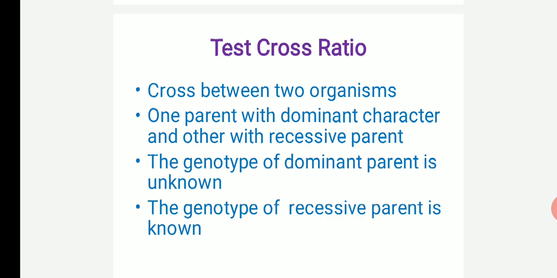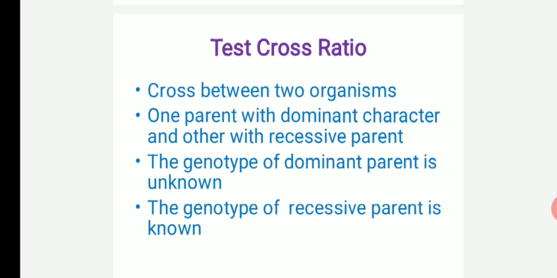Test cross ratio, how it is depicted: cross between two organisms, one parent with the dominant character and the other with the recessive character. The genotype of the dominant parent is unknown. The genotype of the recessive parent is known. So we are going to find out the genotype of the dominant parent. Even if the parent appears as dominant character, we have to find out whether that dominant character